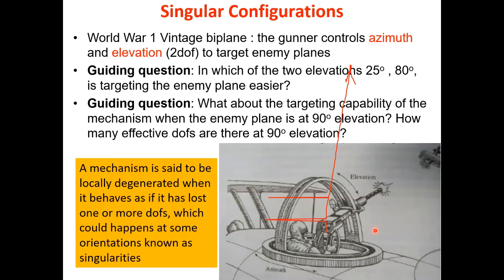So generally speaking, this is like, say, an XY table. Using an XY table, you can reach any XY position easily, right? Now this time we don't have X and Y, but we have two angles, azimuth and elevation. But the problem is when the elevation is exactly 90 degrees,